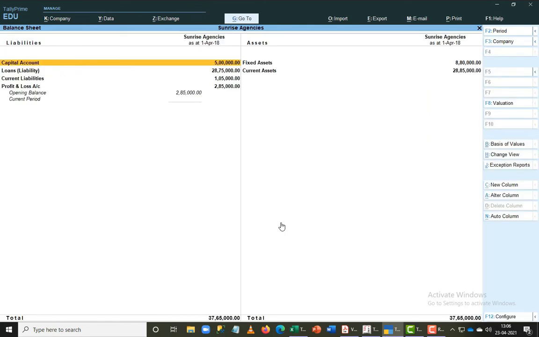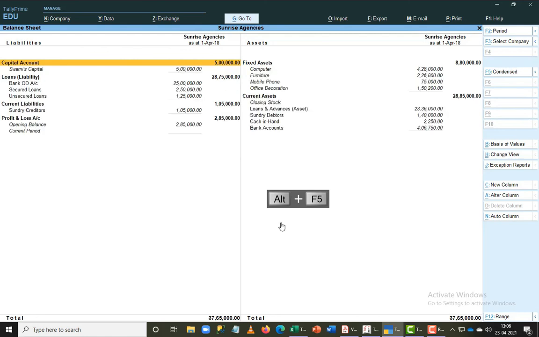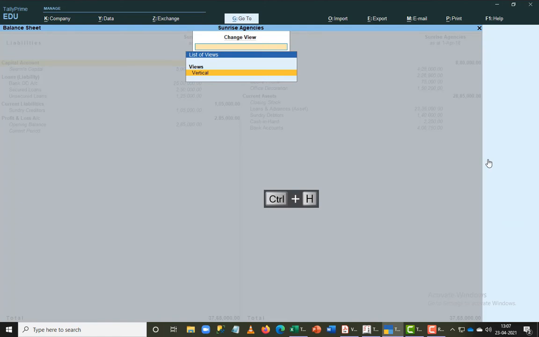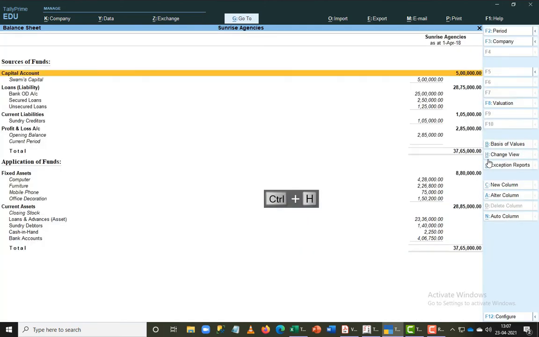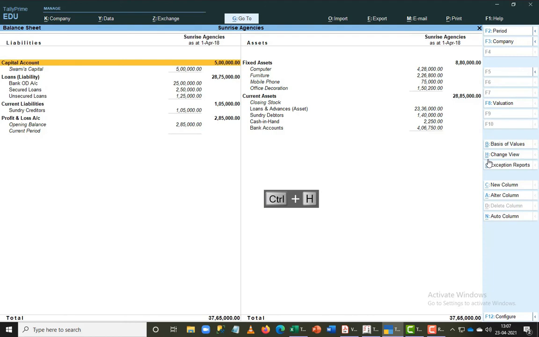Now when I go back to my balance sheet, you can see the balance sheet comes in the same pattern, and I can give Alt F1 or F5. The detailed keyboard shortcuts have been changed here, but still the old shortcut works for us. Alt F1, if I give it, still works. I don't see the Alt F1 shortcut key here anyway, but it still works. Alt F5 or Alt F1, I can do that. I can get this data done beautifully. If I want a vertical view, I can just come back to the change view here, which is Control H. It allows me to change the data vertically. I click Control H again to change the data horizontally too.